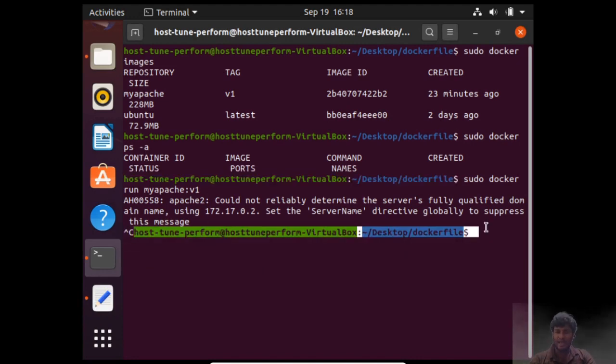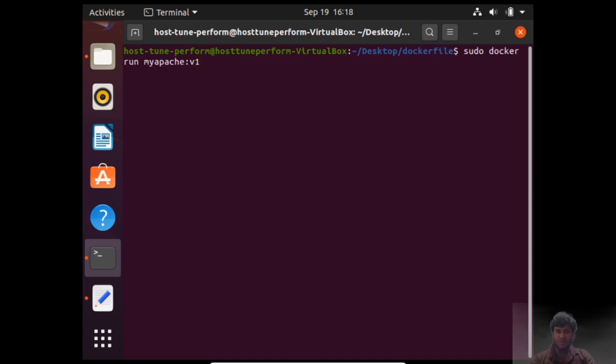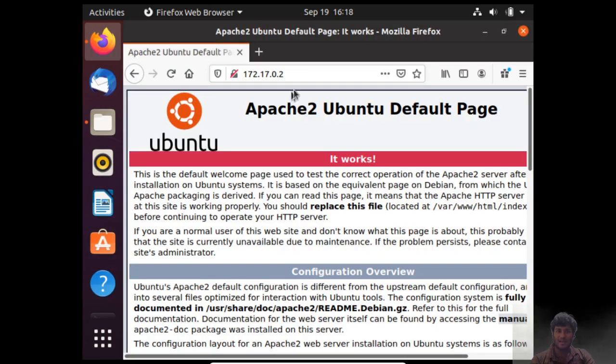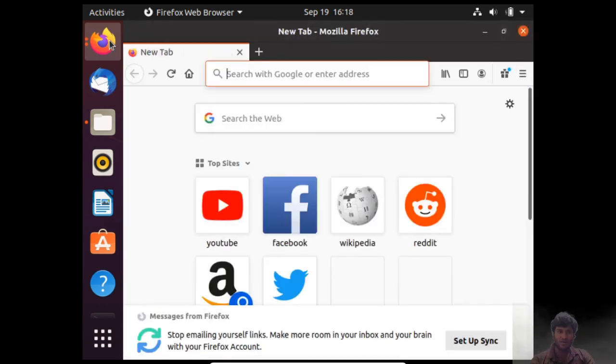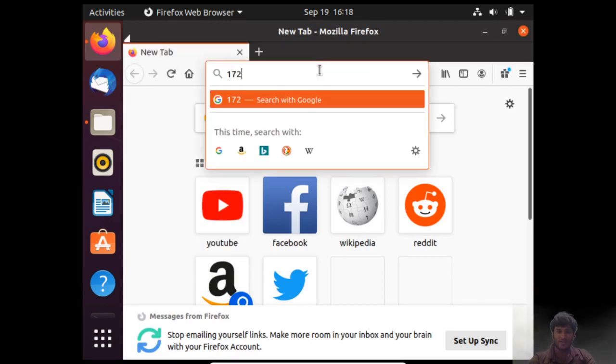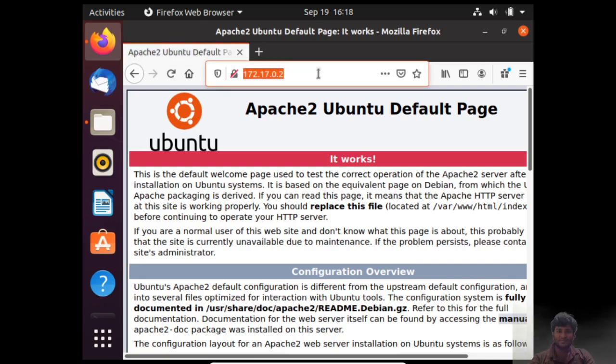You can see over here, let me clear it and let me show you the containers, sorry. We do not have any running container now. So I will go back, and open a new private window so that we do not use the cache, and say 172.17.0.2 and hit enter.